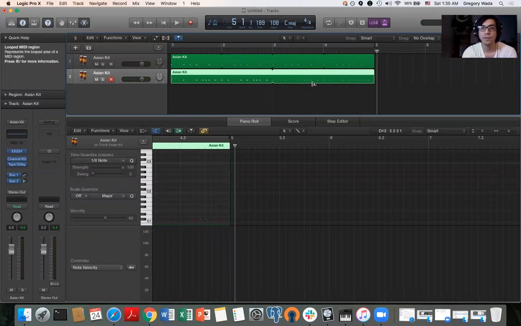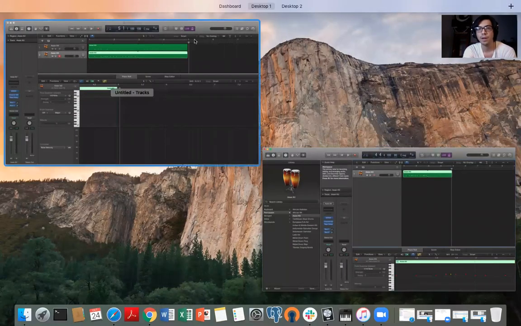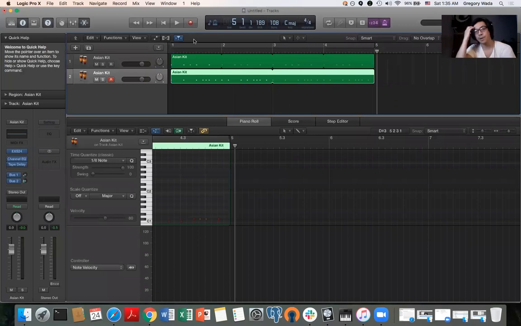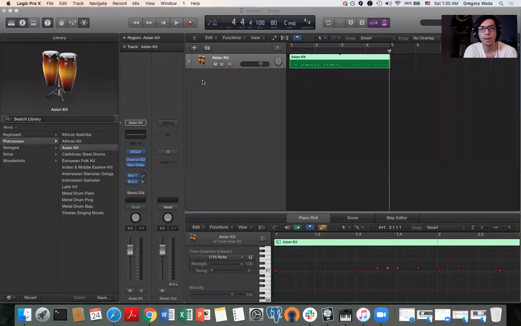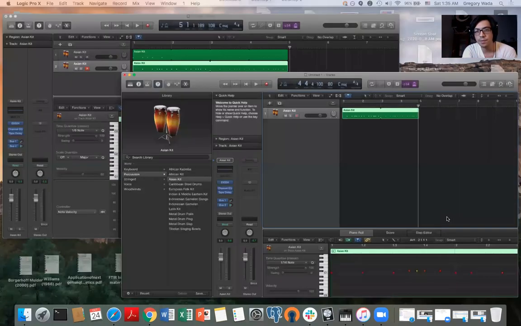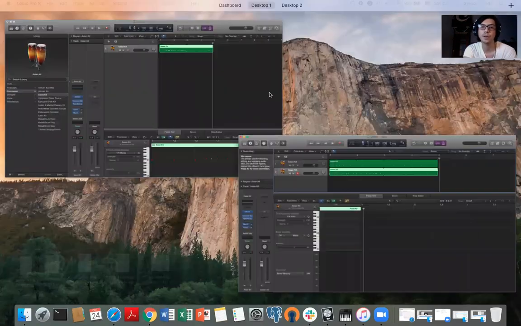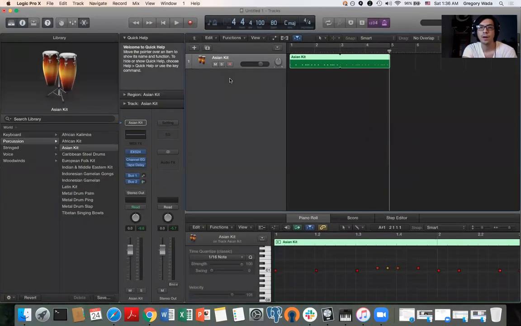So one, even though they recorded at different tempos, that wasn't the problem. It automatically adjusted for that. Even though we copied it from the 80 BPM metronome into 108, it didn't have a problem there. The problem though is how we were interpreting the tempo. So the problem is when we were playing at 80,